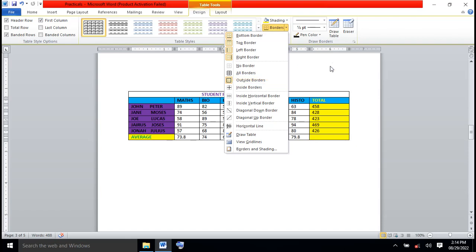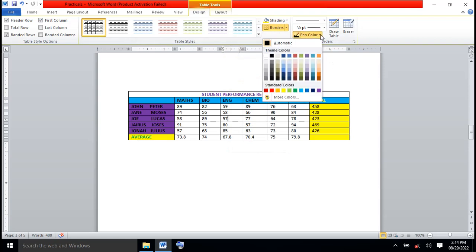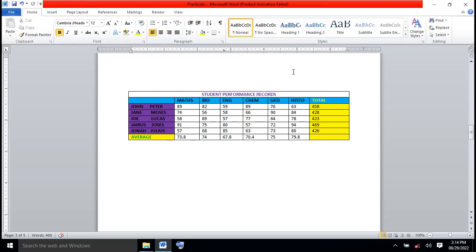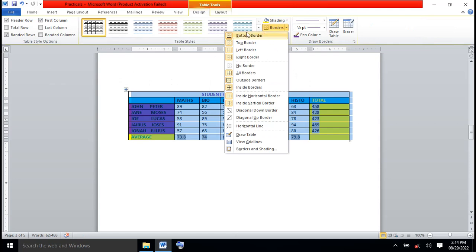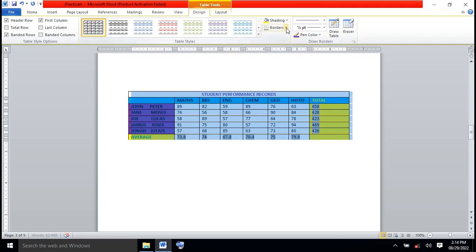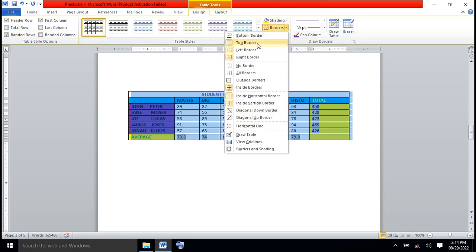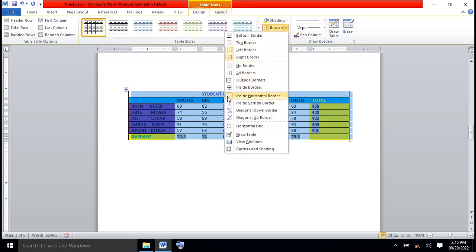Let's see that we can change the color of the inside border. Come here to pen color. Let's pick this color and see what happens. Okay, nothing happens. Now let's select the table, go to borders, and deactivate all these activated borders because they all seem active. Notice the golden highlighting means they are all active. We want to deactivate all of them. By just clicking it, it gets deactivated,